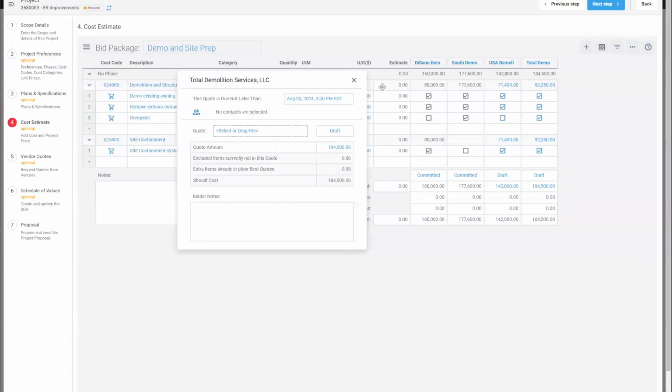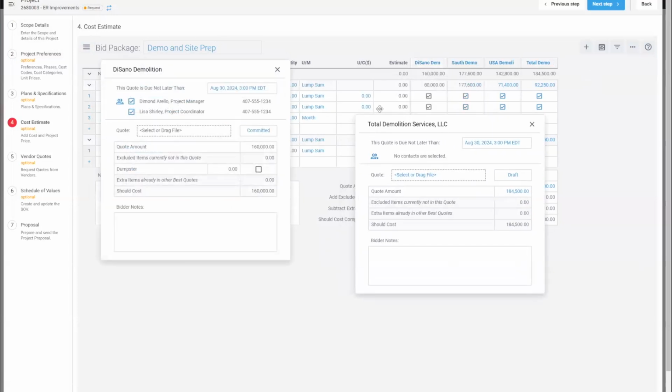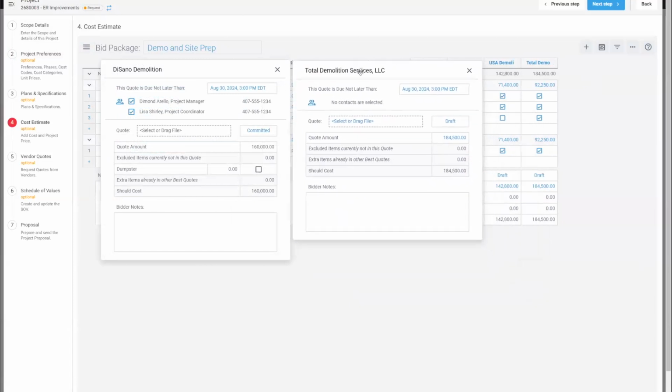Using the quote cards though, you can do additional bid leveling. So if you have a whole bunch of bidders and you only want to look at 2, let's say they're the last 2, they're the ones you think you might go with, you can open the quote cards for each and compare them. Any bidder notes you enter in here are specific to only inside of RedTeam Flex in your database. The bidders will not see it. So if you did want to communicate between other project managers who might be in the project, you can put those notes in there as well.